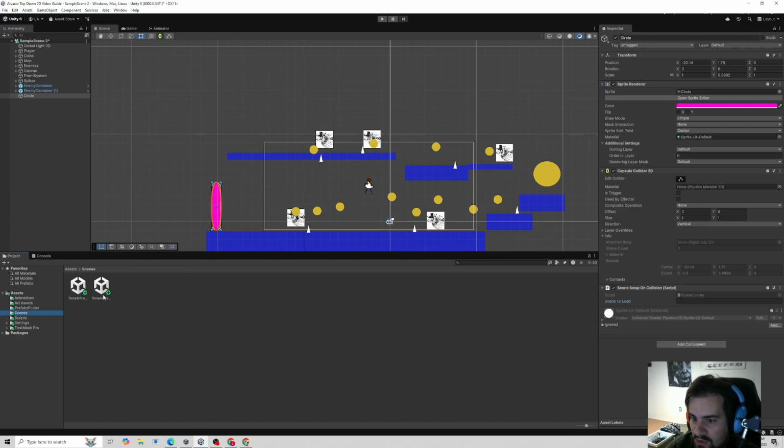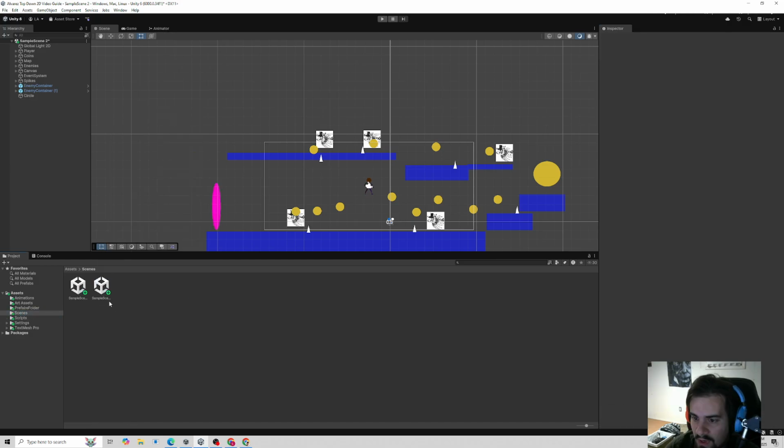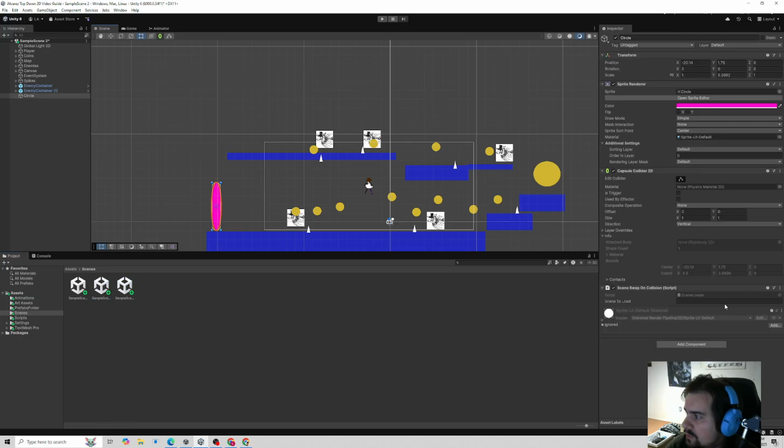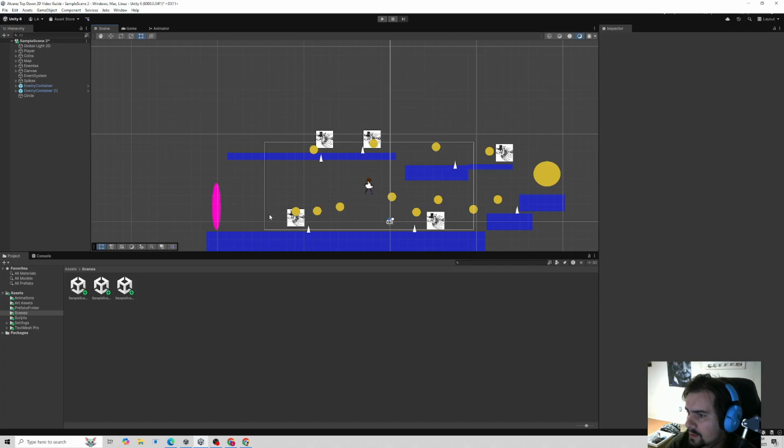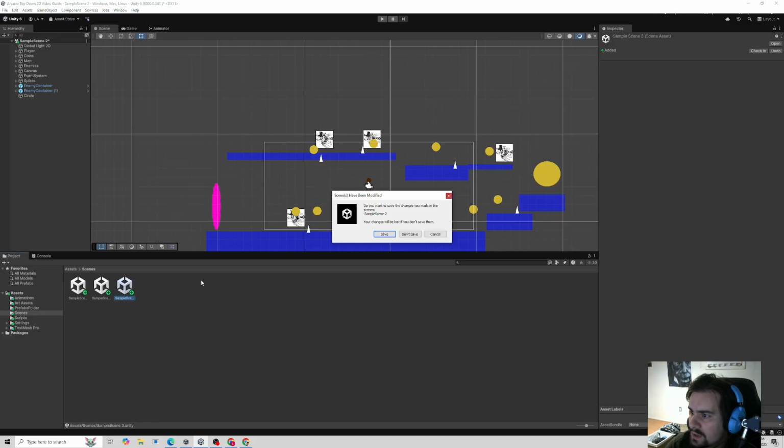So this is actually level 2. I'm going to copy level 2 and paste it. And now this is sample scene 3. Perfect. This is scene 2. So in scene 2, I'll have this load sample scene 3. And in sample scene 3,